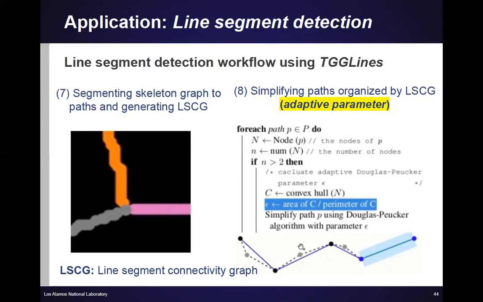Let's see how the Douglas-Peucker algorithm works. Its input is a sequence of points. Then we calculate the distance, for example, of this point to the line segment of its neighbor points. If the distance is smaller than epsilon, then we drop this point. We do the same thing for each point in the input point sequence. Then we get simplified line segments, which are the solid points here, and the gray points and dashed lines are dropped.